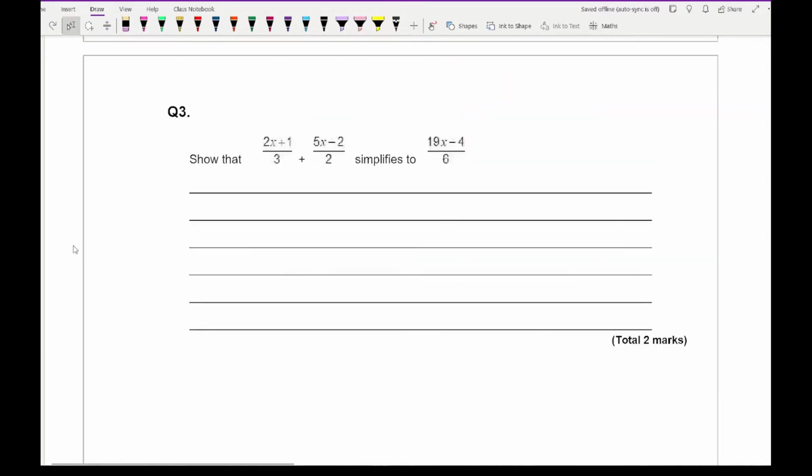Then moving on to question 3, again, very similar. So here we want to combine the two fractions we're adding, so we want to get a common denominator. Here our common denominator is going to be 6. So if I multiply this by 2 over 2 and I multiply this fraction by 3 over 3, what we get then is 2x plus 1 over 6 plus 3 lots of 5x minus 2 over 6. So then combining the two numerators together, and again you could expand at this stage,